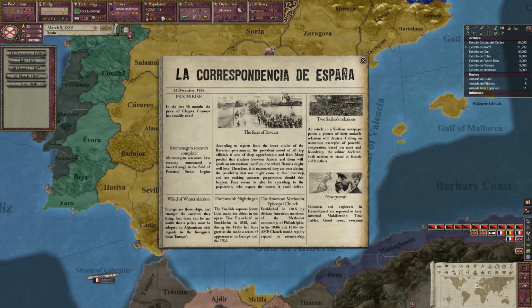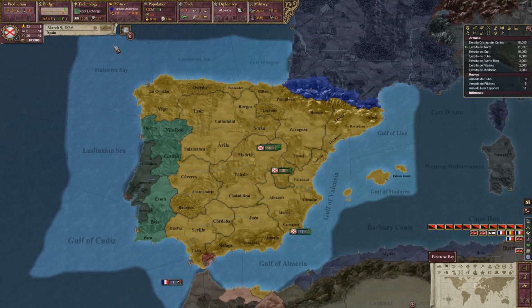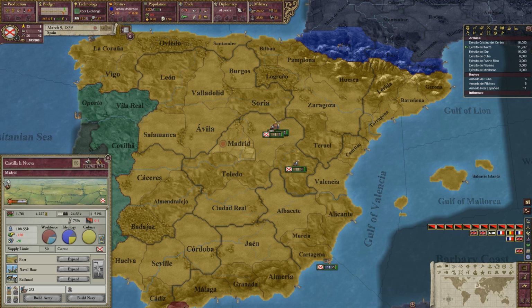Okay, well let's look at my paper. One of the things that's cool about this game is that they give you a paper to look at and see, which is pretty cool. And also there's little things there. So let's get our taxes up and let's see how we can do this. I can set a national focus on certain places, so let's go to Madrid and let's set...